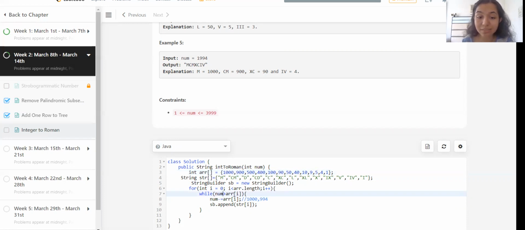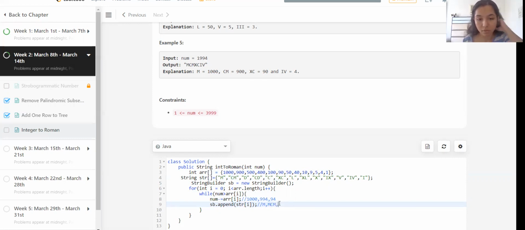So 994 is greater than 900. So we'll remove 900 from the sum, and this will be the resultant. First we added M, then we added CM.